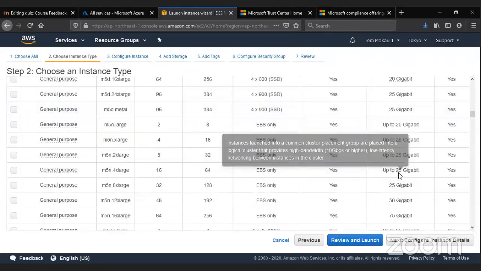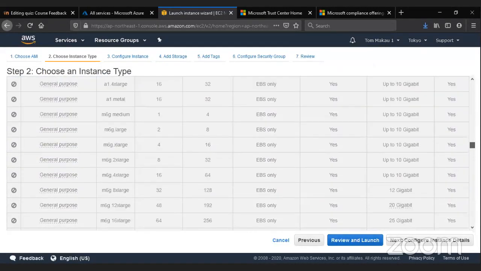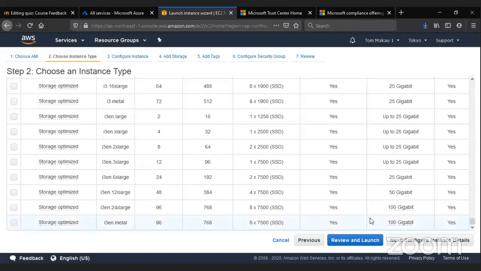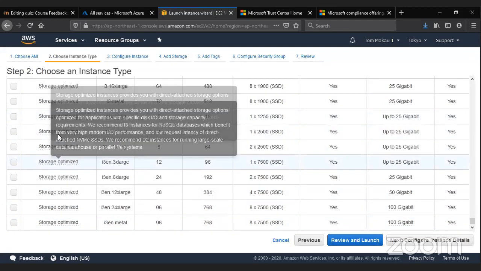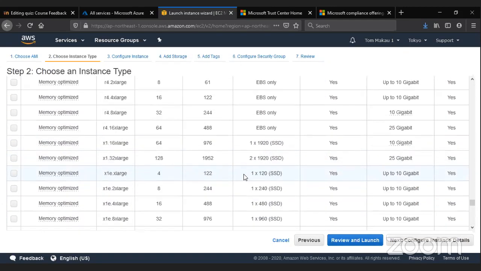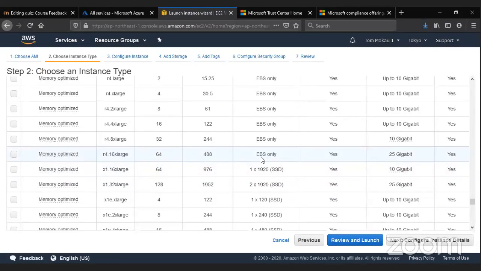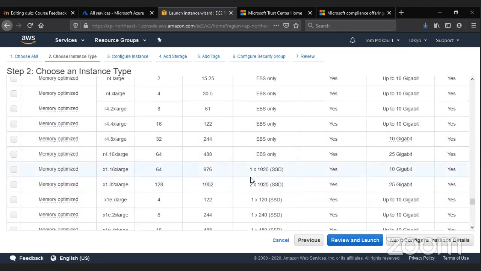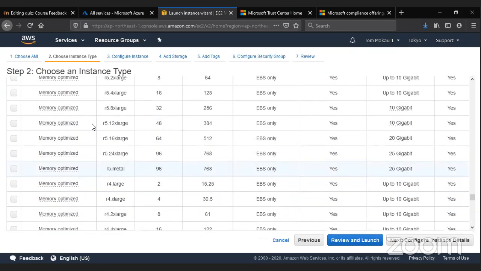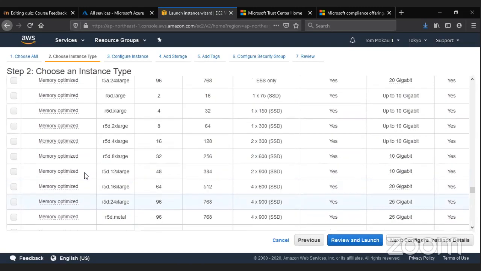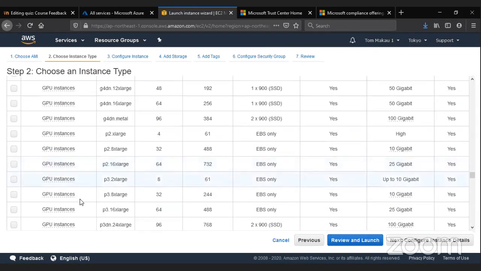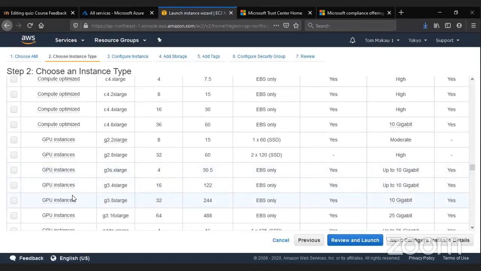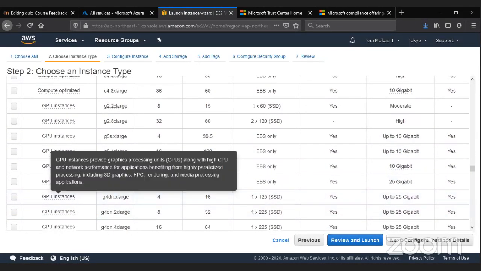My needs might be different. I might have a need for a storage optimized system. For example, if my service stores a lot of files, then I might have a storage optimized system. If, for example, I process a lot of data in memory, I might have a memory optimized system. Or I might choose GPU instances. I'll mention GPUs later. They're mostly used for machine learning and AI. So if I'm running AI machine learning systems, I might choose a GPU.